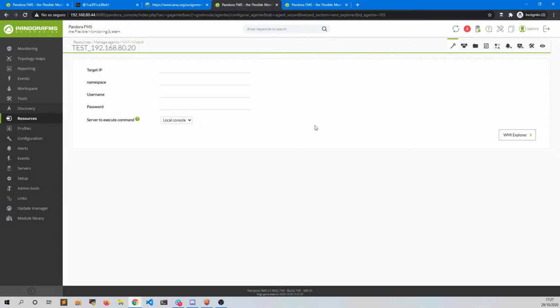Okay, in this screen we find some fields to complete or to set information. For example, the target IP, which is the same in this case that we see here. Namespace is not necessary. The username, the password. It's important that the username, the value we set in this field